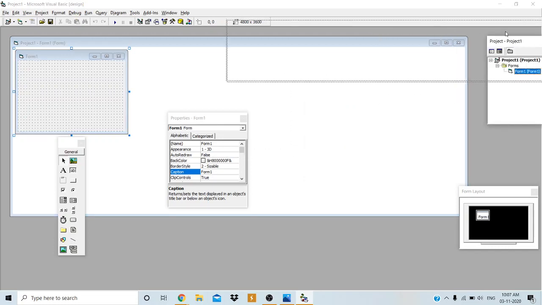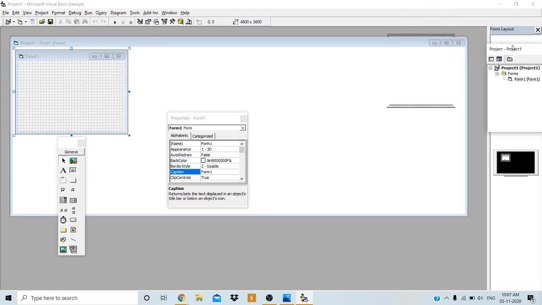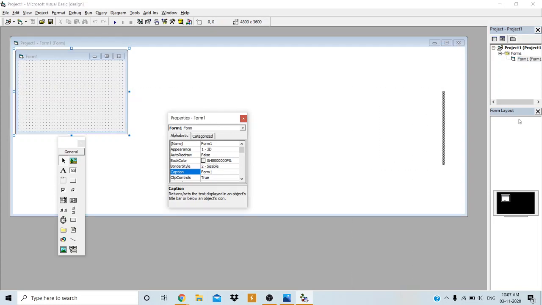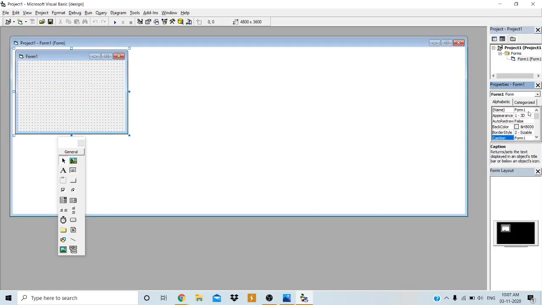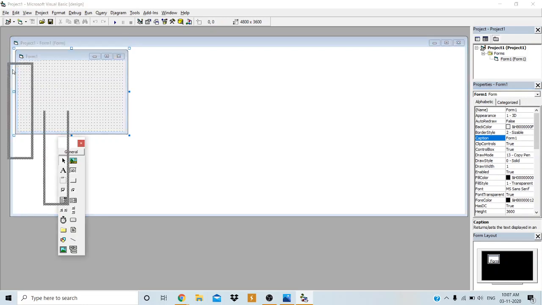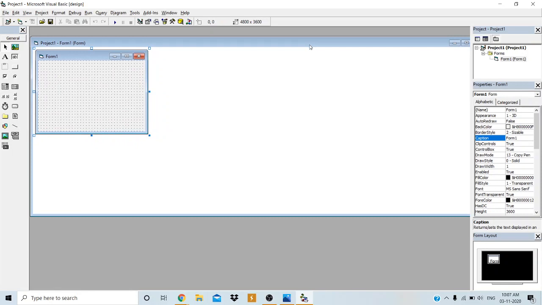I will arrange the toolbox here. Now here is the blank form we have.